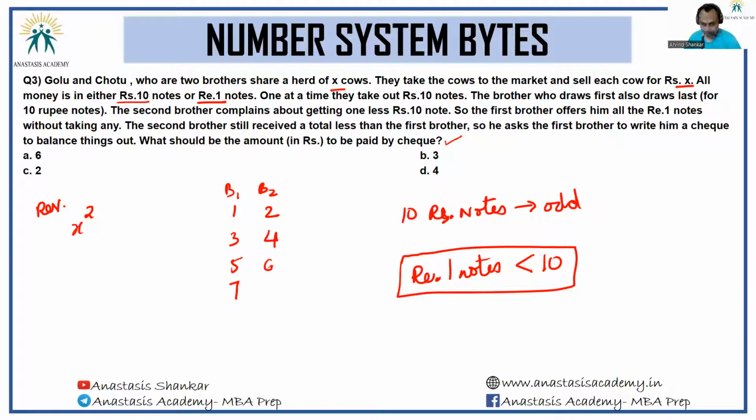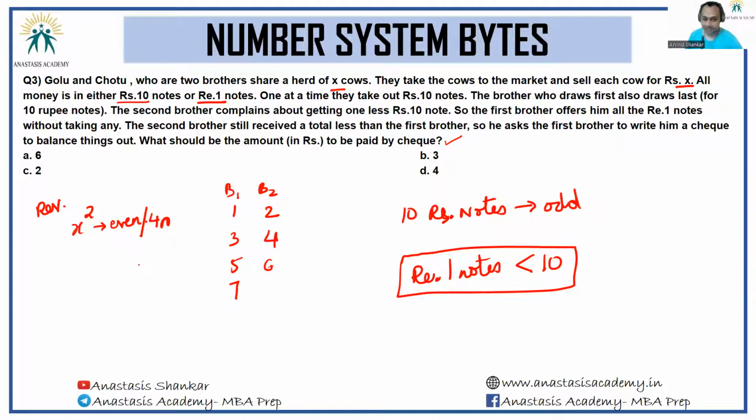Now, fun thing, given that these two brothers are trying to divide the money equally, can I say this number, x square, will be an even number? Only then can they divide the entire amount among themselves equally. Okay. If this number is even, can I also say an even perfect square is a multiple of 4? An even perfect square is a multiple of 4. Keep both these things in mind,